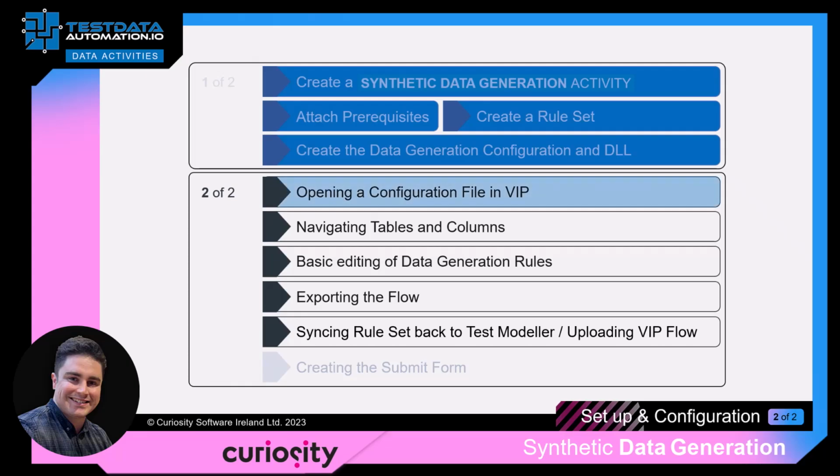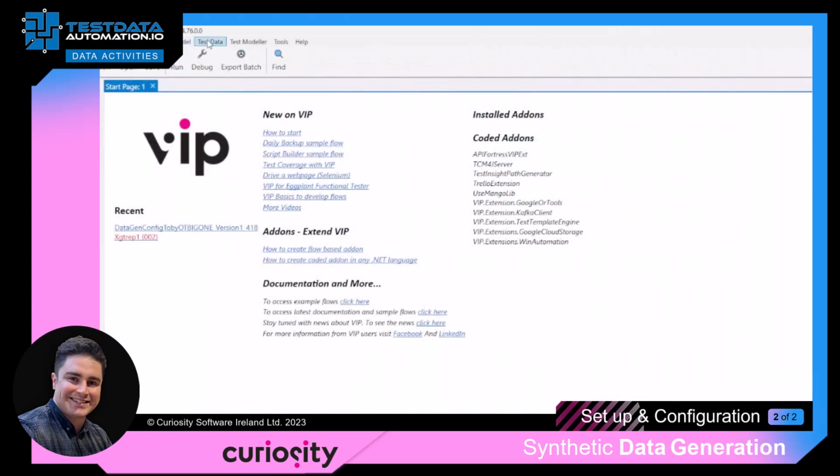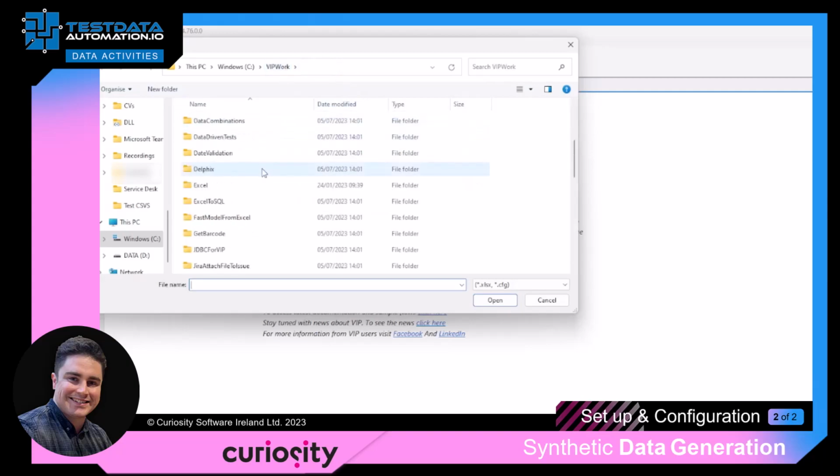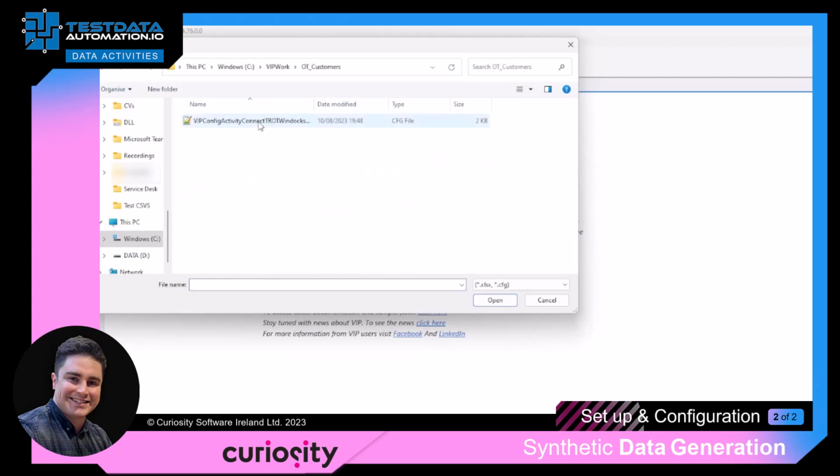So the next step is step 5, open the configuration file in VIP. For this we're going to go to VIP and click on test data, edit data generation configuration, and navigate to the folder we just created, which is in VIP work and is OT_customers. Click on the config file, open,